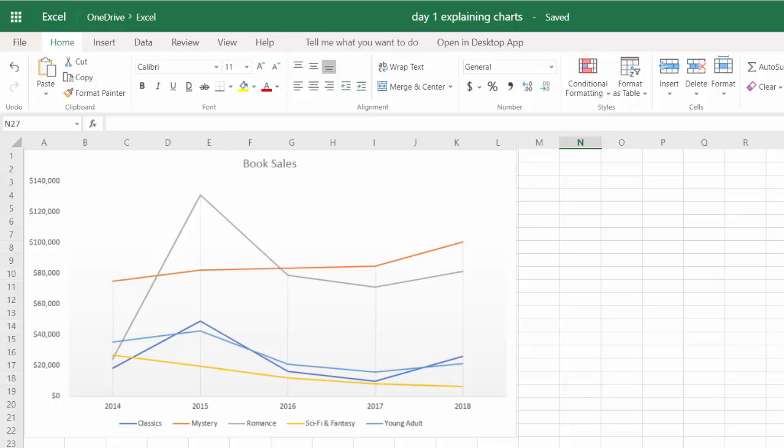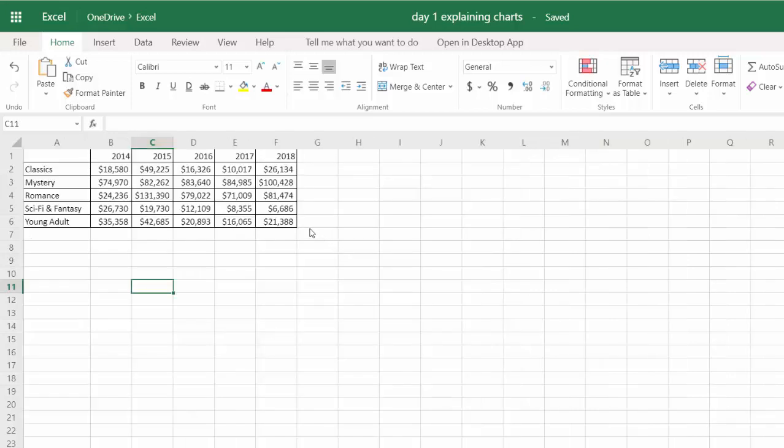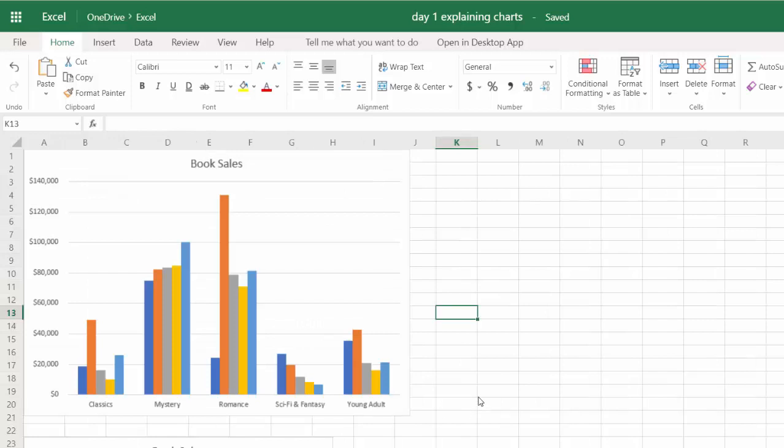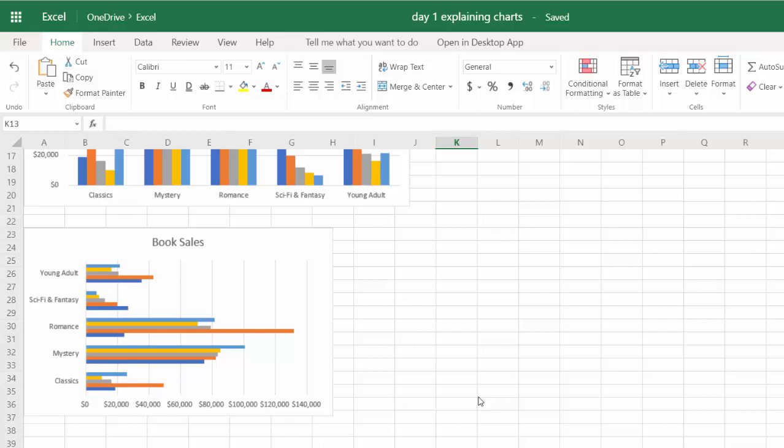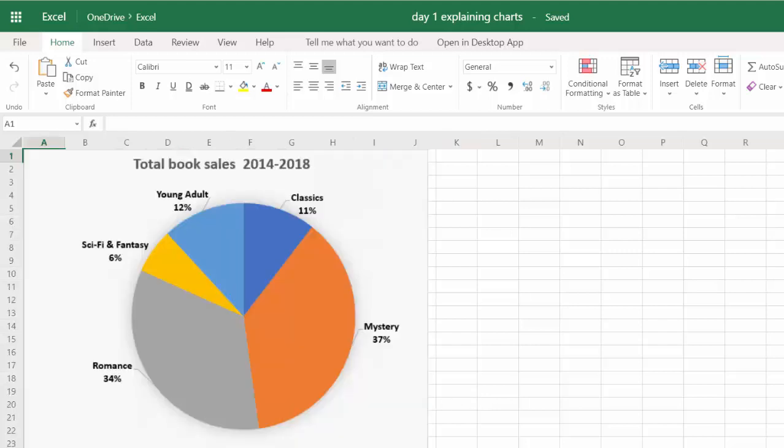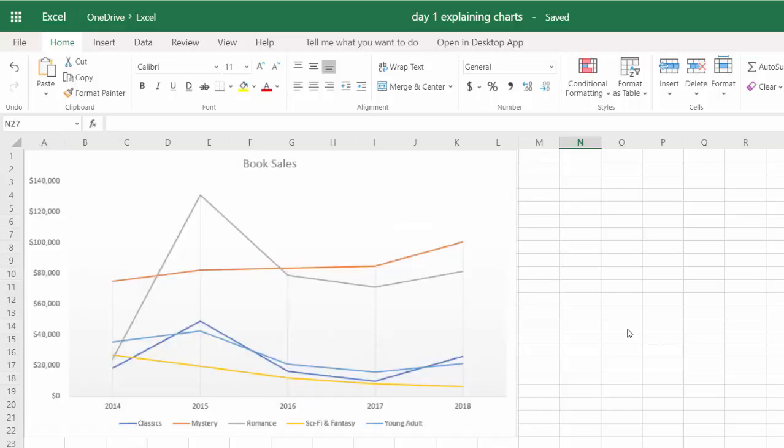So I hope you can see how charts and graphs can be useful. They make it easier for people to understand what they are seeing in a spreadsheet. The column chart is useful for comparing things. The bar chart is useful for comparing things. The pie chart also compares, but is usually used to show how something is divided up. And the line chart shows how something changes over time. For line charts, you have to have something related to time. Days, hours, months, weeks, years, something related to time.